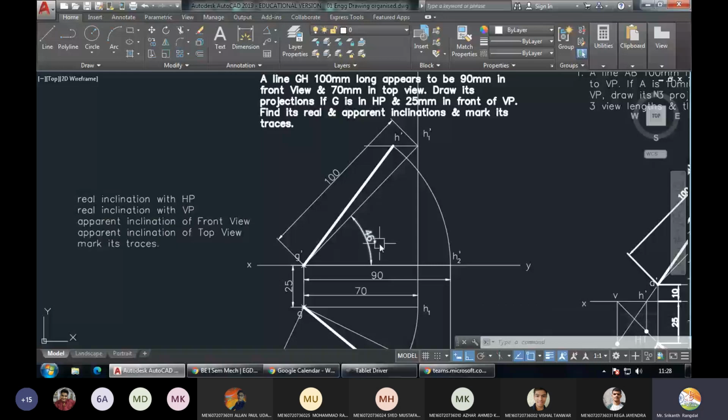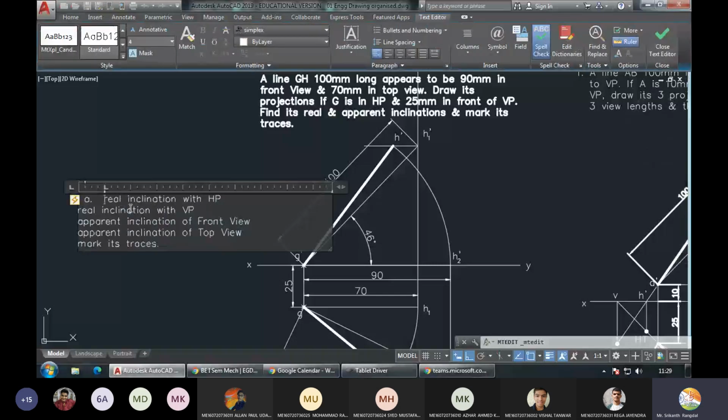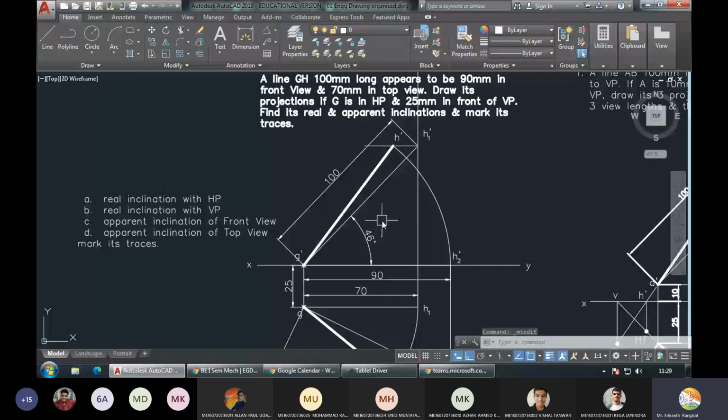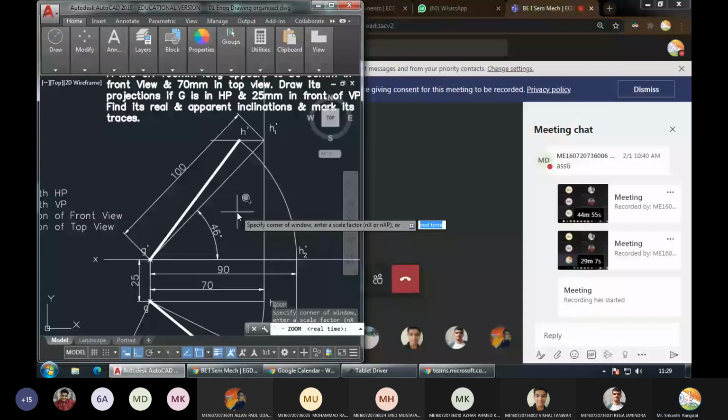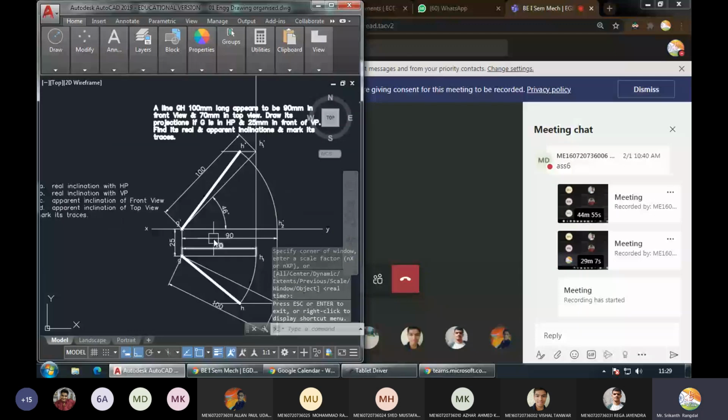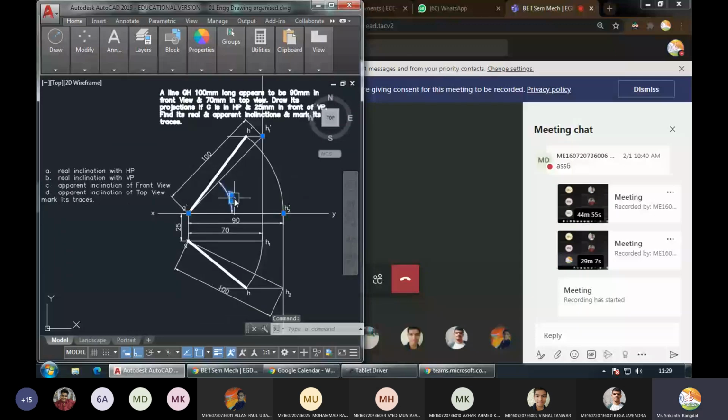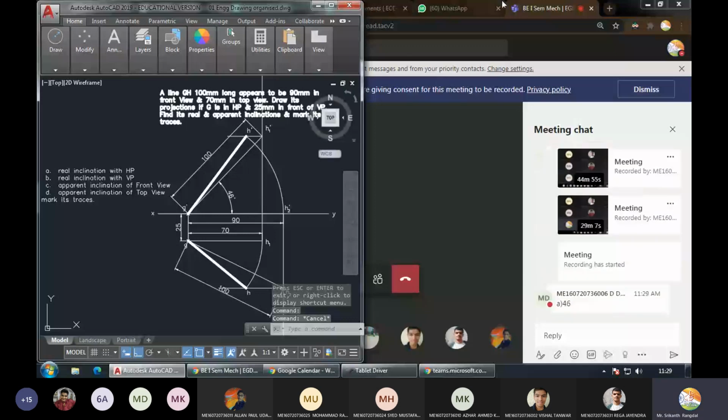Okay, let us make it a multiple choice question. So this is A, B, C, D. In the comments, in the chat box, you put the answer. Let me see how many are able to answer it correctly. Is it A, B, C, or D? I hope this is visible to you. So I marked this one angle. So this angle is 46 degrees. Which one is it? Tell me in the chat.